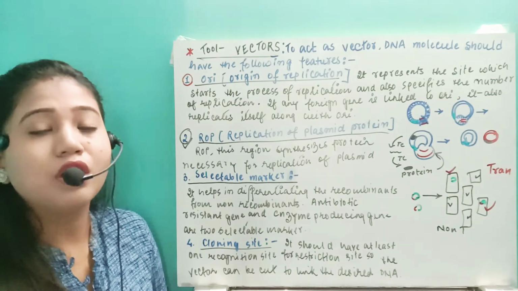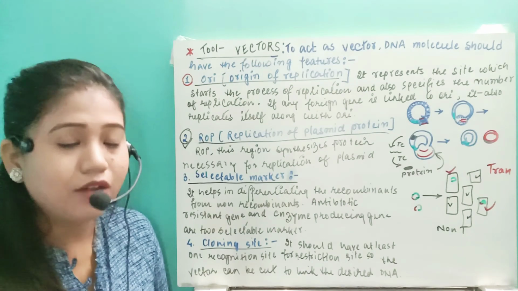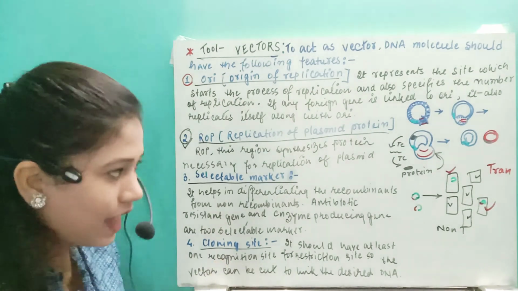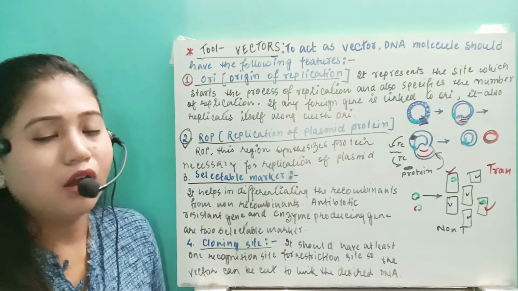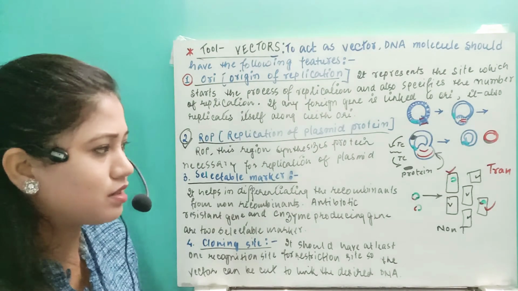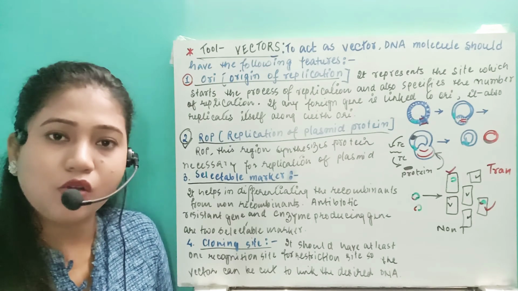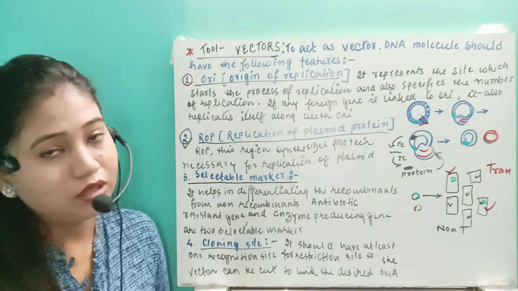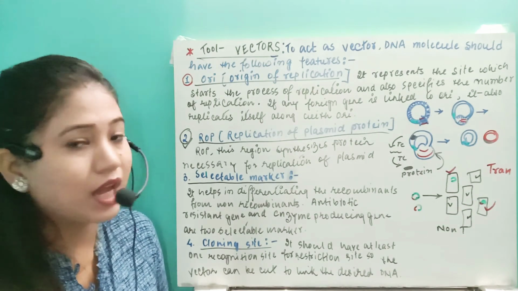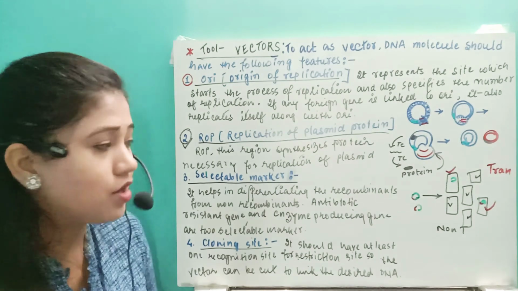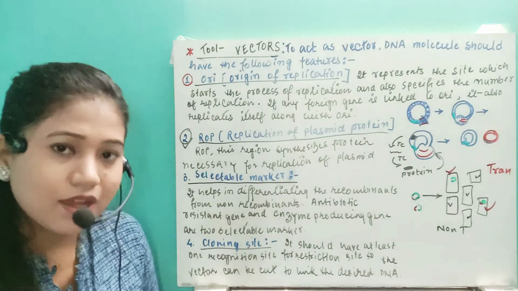Otherwise, on a large scale, if you want to make the products to be formed, then we obviously need to select the transformant which is having our gene of interest. Other unnecessary bacteria or unnecessary host bodies we are not allowed to grow, because they will take the same amount of nutrients. The nutrients will be consumed by the non-transformant also, and as a result, whatever products we need to get, we cannot extract. Right? So that's why a selectable marker has to be present so that we are able to find the recombinant from the non-recombinant.